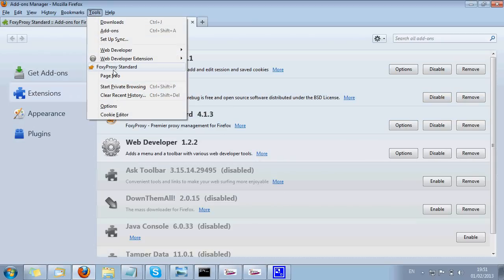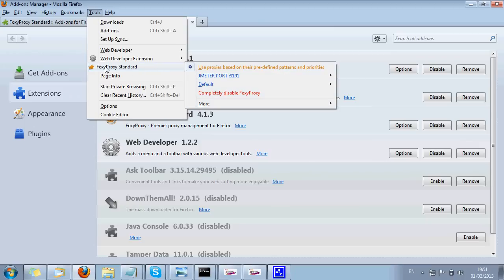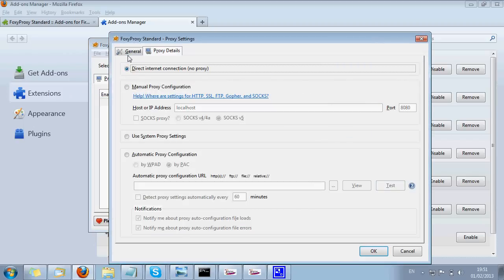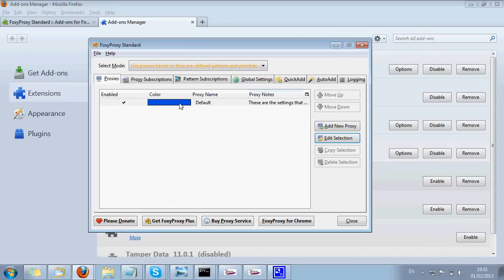So this is the Foxy Proxy Standard tool we have, and let me go to the more and then options. So I'm going to delete everything to get the basic default setting we have in Foxy Proxy Standard.